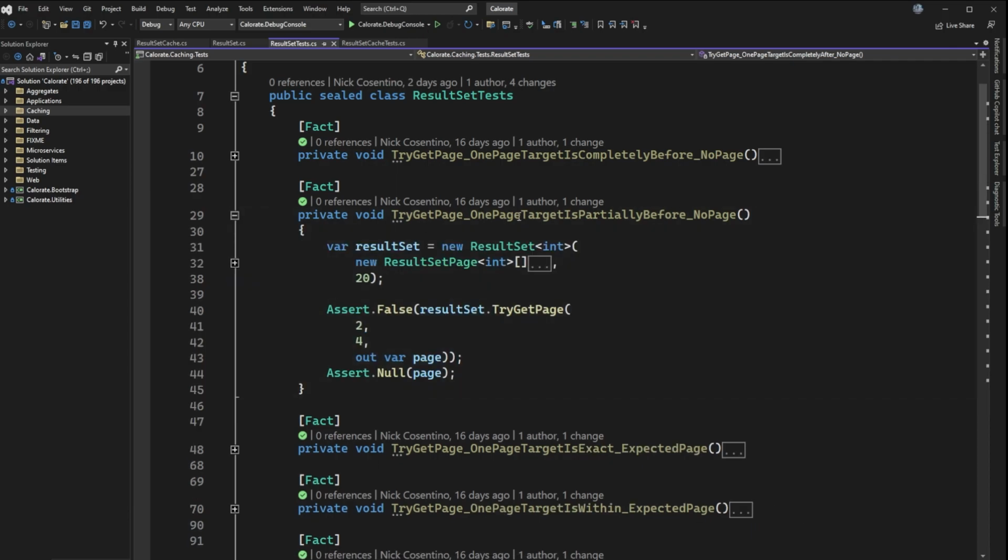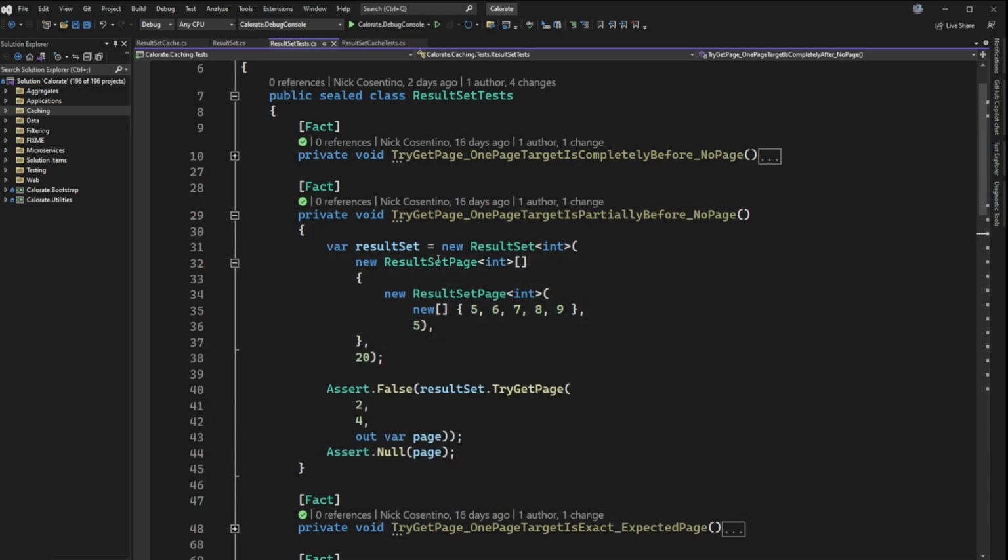here, where one page that's our target is partially before the data that we have in the result set. So if I go look at this setup here, we're actually saying, like the one that we looked at earlier, we're starting at an offset of 5, and we have 5 items that are in our result set. The page that we're asking for, instead of being at offset 1, is actually at offset 2, and we're asking for 4 pieces of data. So that means our page size is 4, our offset's 2, and we're going to be overlapping by 1 that's